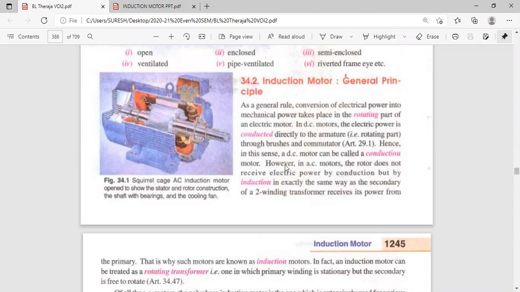Here the principle starts. In AC motors, the AC 3-phase induction motor, observe. Up to here, this is the DC motor, where they have given some paragraph. From here, the AC induction motor, the 3-phase AC induction motor. Induction motor is a